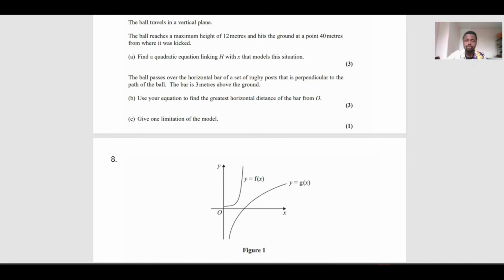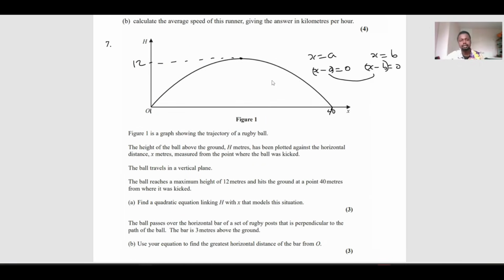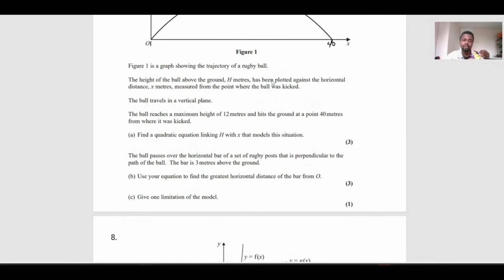All right, now let's go to C. C says give one limitation to the model. The limitation we're going to have is neglecting air resistance. Now, this is a model. This is not real life. A model is done in a confined environment. So if you are talking about real life, there will be air resistance. So the limitation here is that air resistance